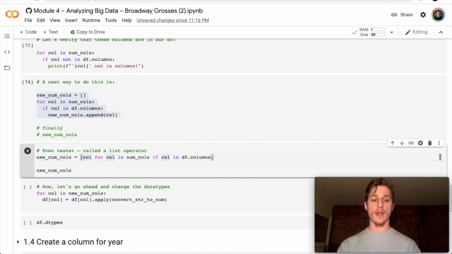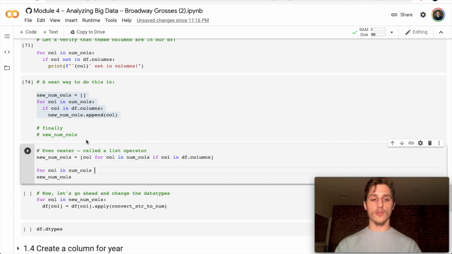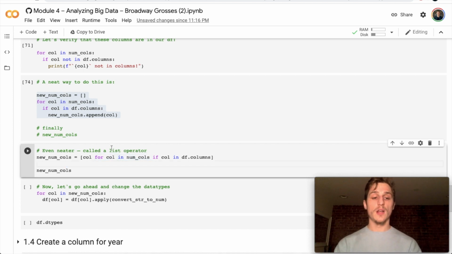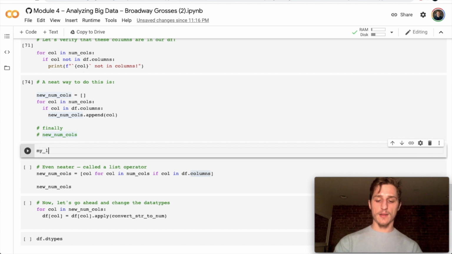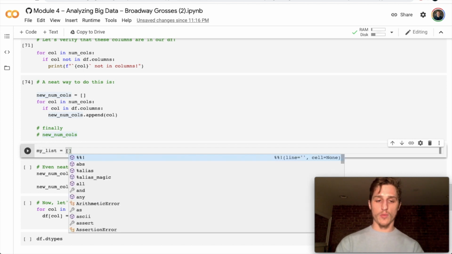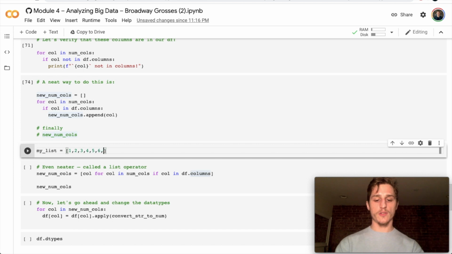So what we'll do is, well, I'll write it backwards for you. I'll say, for column in numerical columns. That's the first thing. Well, no, actually, let me just read it to you the way it's read. Basically, you're going to say, column for every column in numerical columns. That's it. If that column is in df columns, which is the same thing as saying